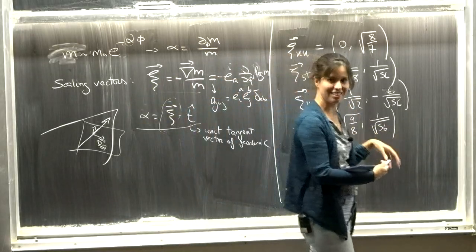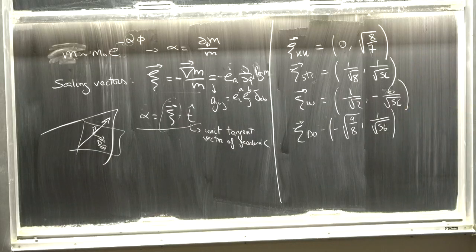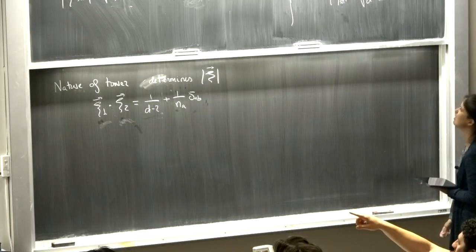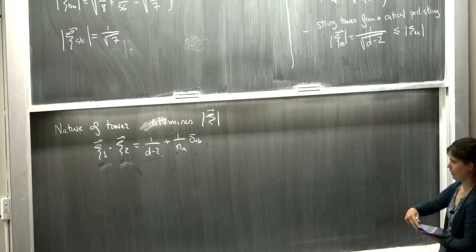Whenever it's about the string towers, this limit seems to suggest that the UV completion needs to have higher spin fields somehow. Yes? Sorry, I just want to understand the statement. So if I take the dot product of the Kaluza-Klein vector and the D0, it's not obvious now. There's an extra factor of 6? Between the winding dot Kaluza-Klein, or no? It shouldn't.